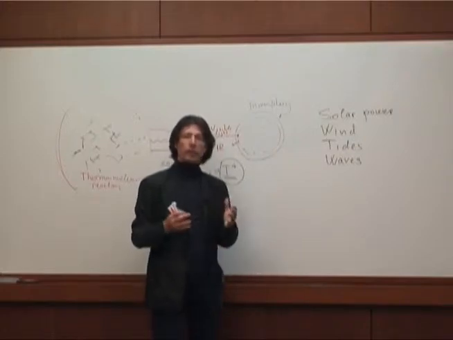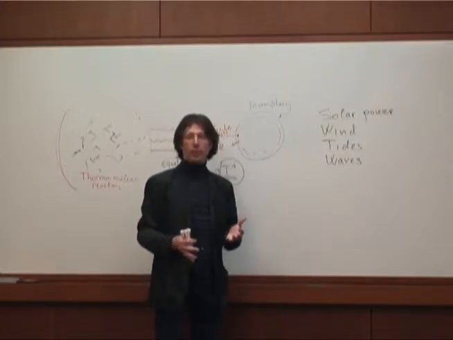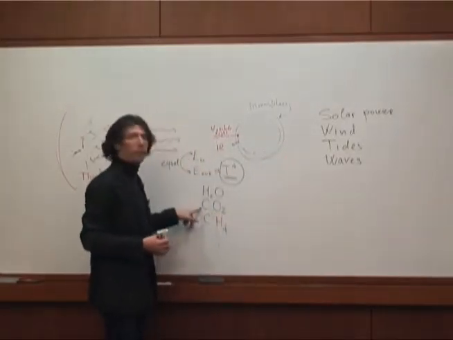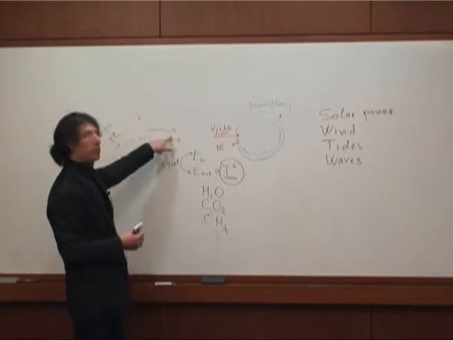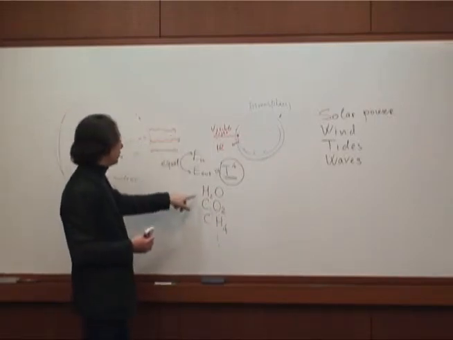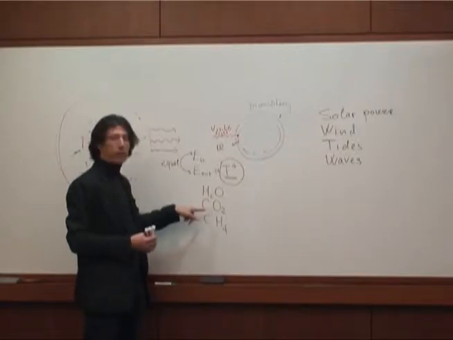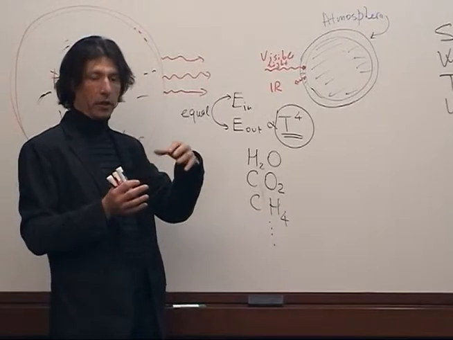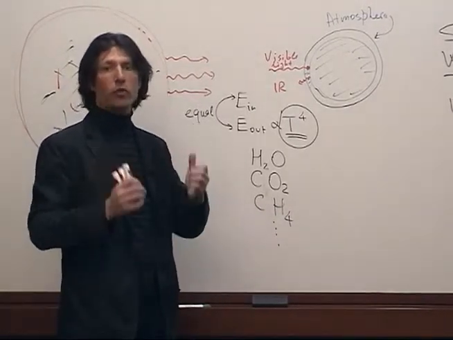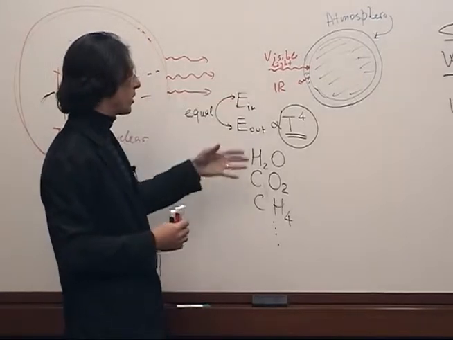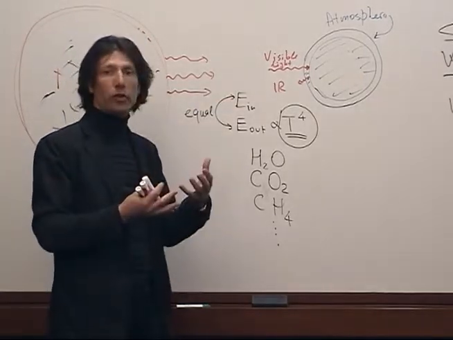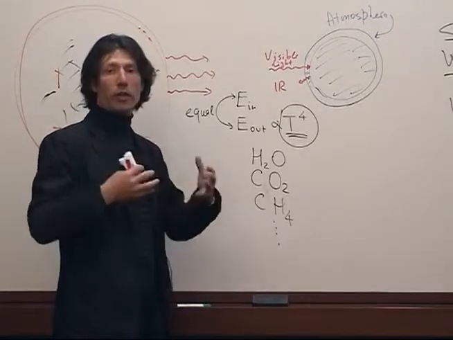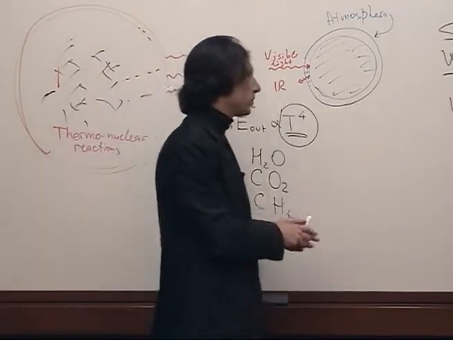A tree collects most of its weight, not from the ground, not from water, but from air. It absorbs carbon dioxide from air, and it uses solar energy to break this molecule apart, separate out carbon, and put it into the tree trunk to make it grow. So all that energy actually gets stored in the carbon that the tree accumulates over its life, and then